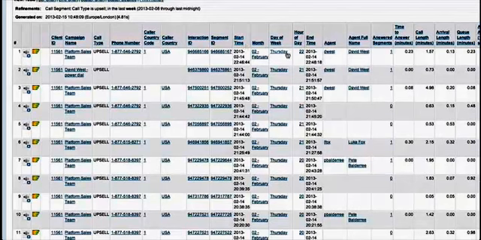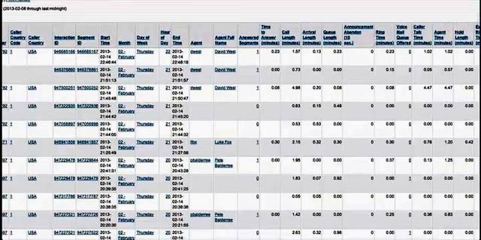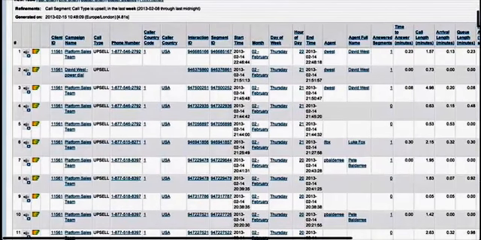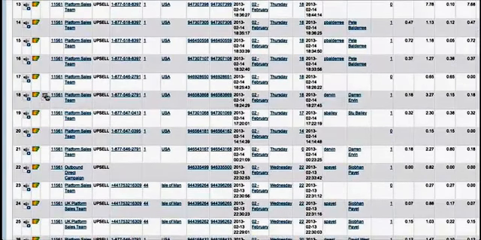Start time, date, day of week, etc. All your standard metrics along here. If we scroll across, you get agent details, and then all of your metrics here, so time to answer, etc. Okay, if we scroll back along, what I'm going to show you here is this. If I scroll down and find one of our call recordings, if we look at this one here, we can